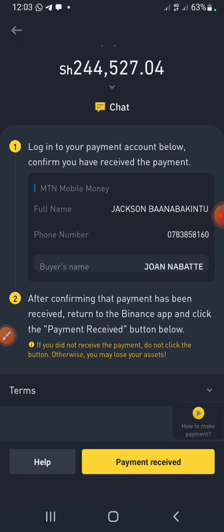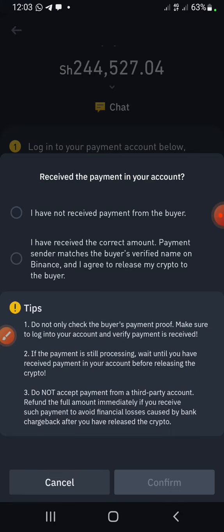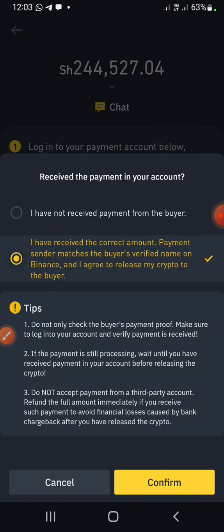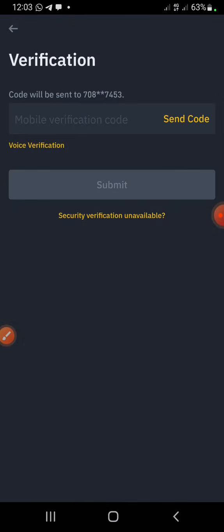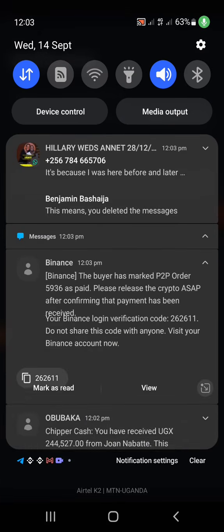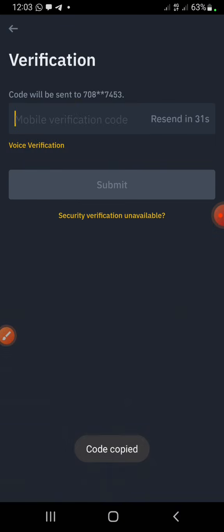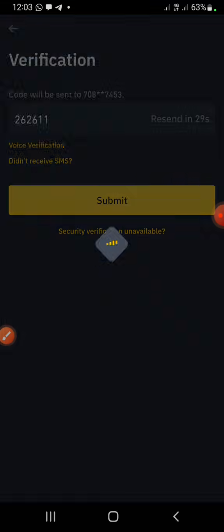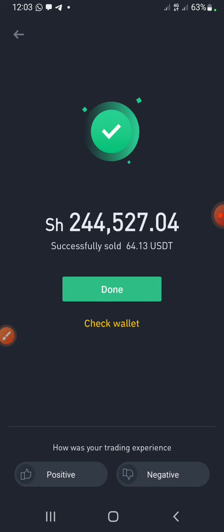And now I'm just going to say payment received, and I confirm I have received the correct amount of payment, then confirm. So what I'm doing right now, I'm going to release the USDT because I've received the payment, right? So let me just do the mobile verification and we proceed with that. The code is saying blah blah blah. Get it, you see, and submit. So payment, you can see, done. So successfully sold